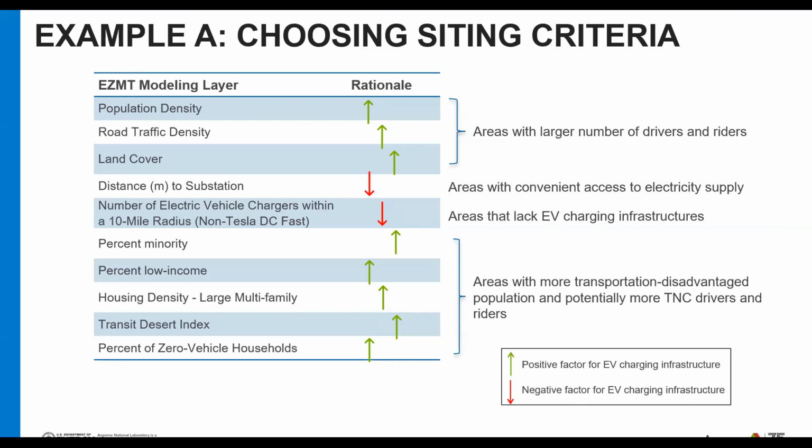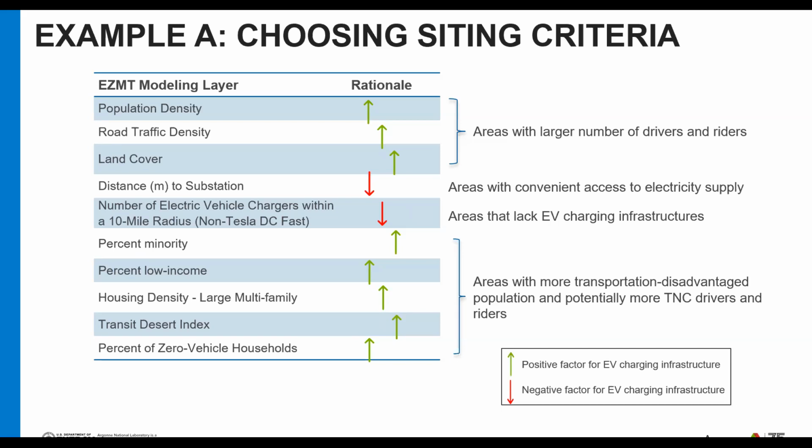All these three modeling layers indicate areas with a larger number of drivers, riders, and development. These would be the places we want to prioritize because there will be just more people potentially using the charger. And then we would consider distance to substations, and this would help us to identify areas with convenient access